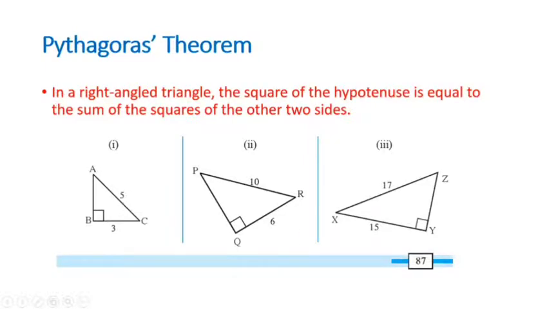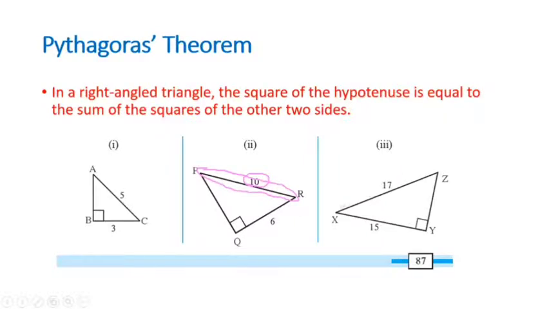In a right angled triangle, the square of the hypotenuse is equal to the sum of the squares of other two sides. This side is the hypotenuse. Here segment PR is a hypotenuse with measurement 10. We don't know the unit, we can apply centimeter, meter according to our choice. But see that if you are applying one side as a centimeter, rest all should also be centimeter.